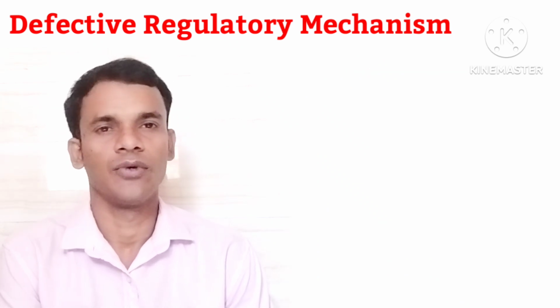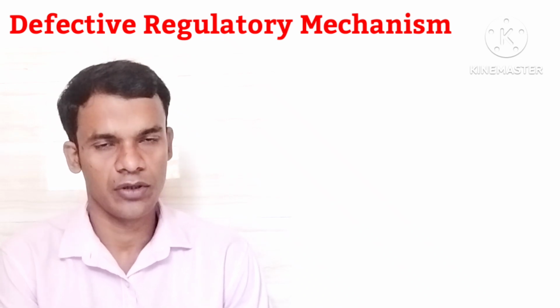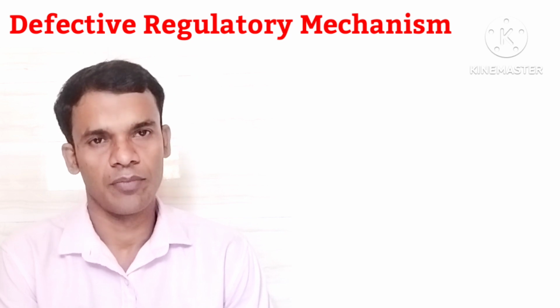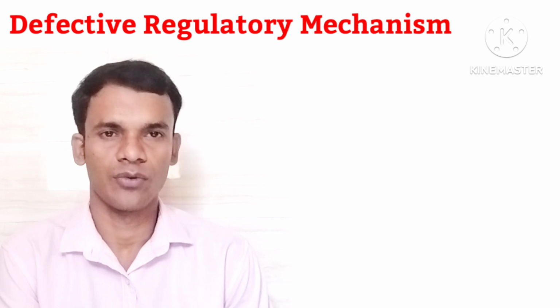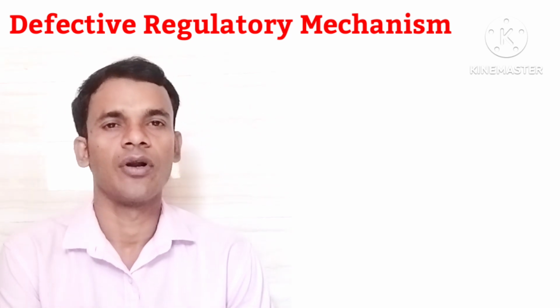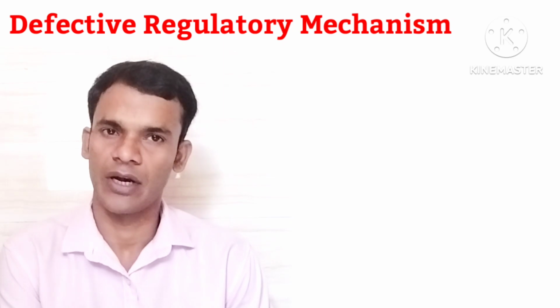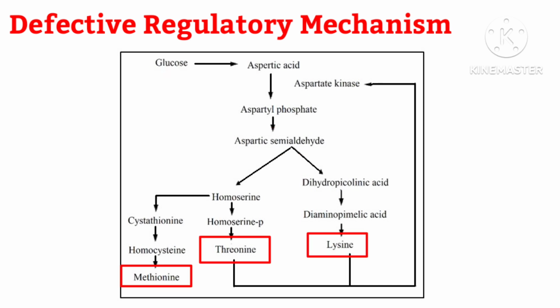Microbial cultures which have multivalent mechanisms of regulation, like concerted repression or feedback inhibition, are generally used for strain improvement. Mutants which have lost the ability to synthesize one of the end products capable of feedback inhibition or repression are selected for strain improvement. For example, glucose is converted to aspartic semialdehyde, which is further converted to lysine, methionine or threonine